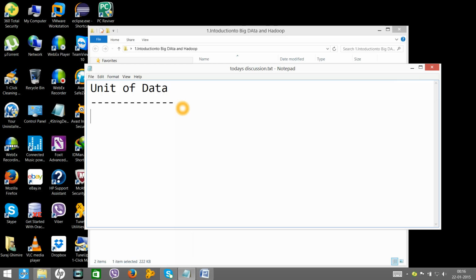Now we all know that in a computer there is something called bits, right? One bit is the smallest unit of computer. Greater than bit, we have something called byte.